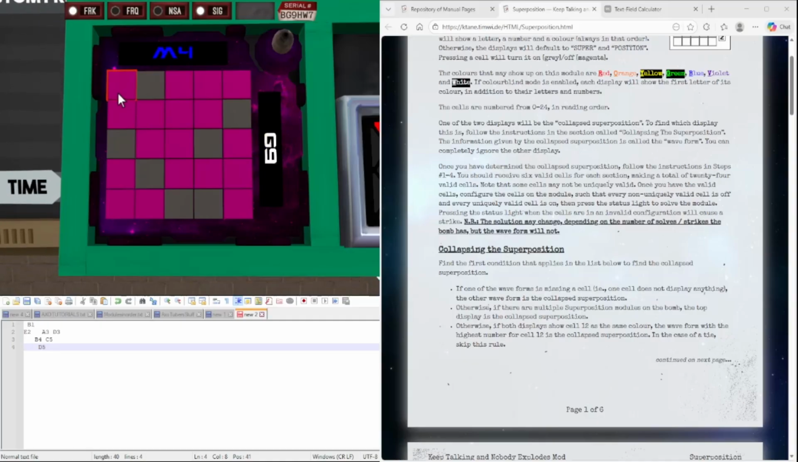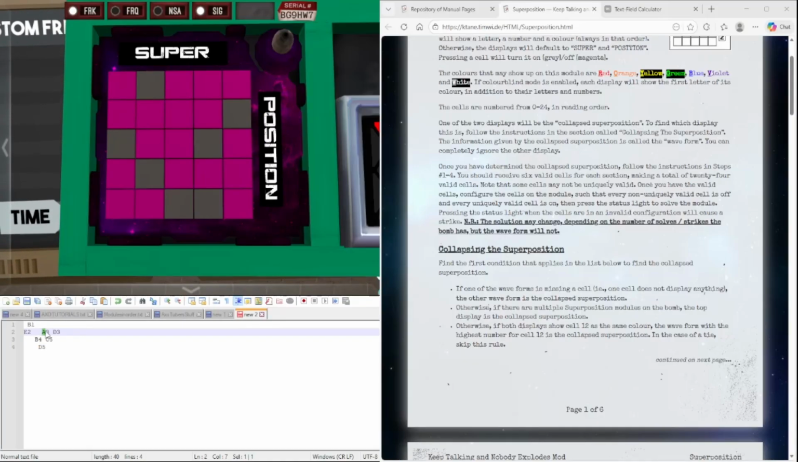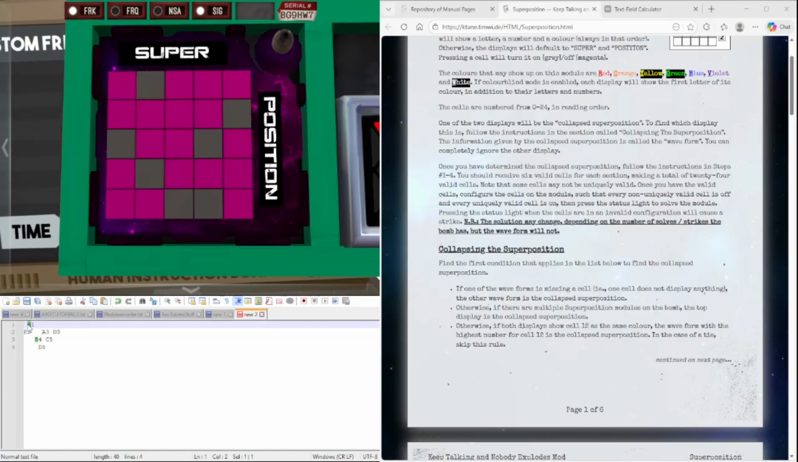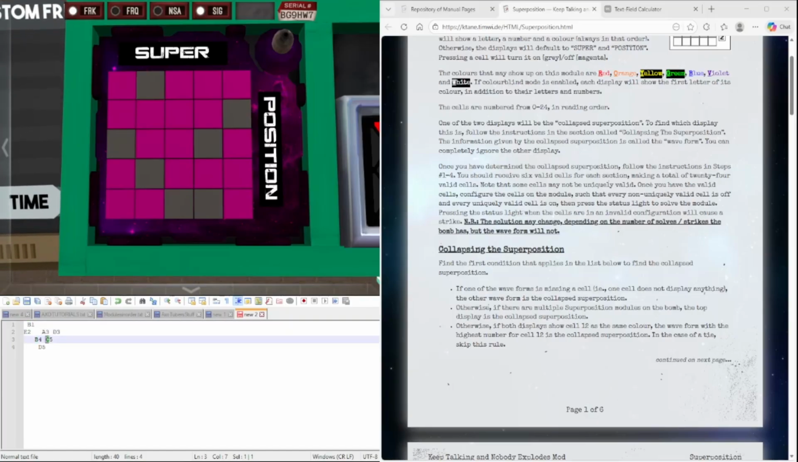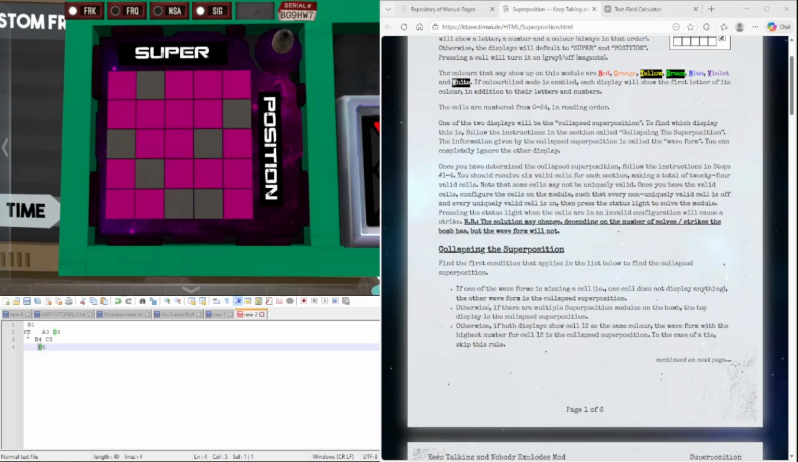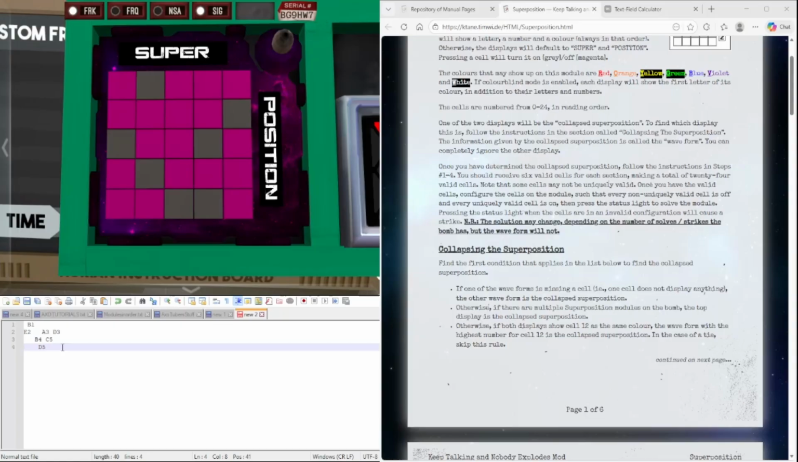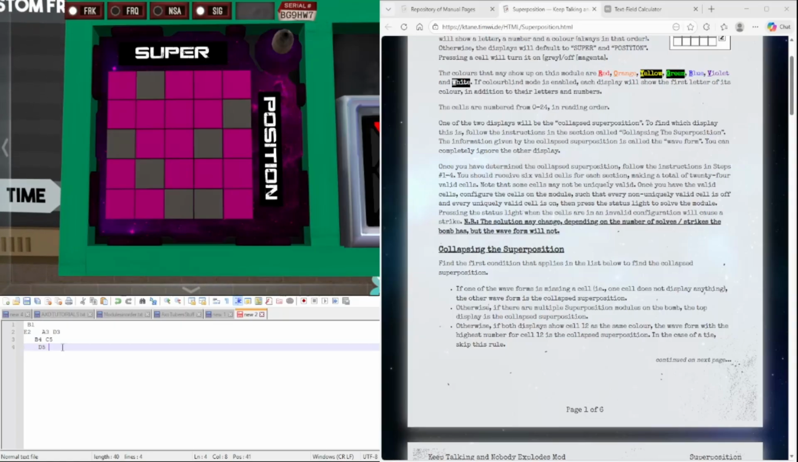B1, so A we have just 3, B we have B1 and B4, C we just have 5, D we have 3 and 5, E we have 2. I'm not expecting this to be right, but